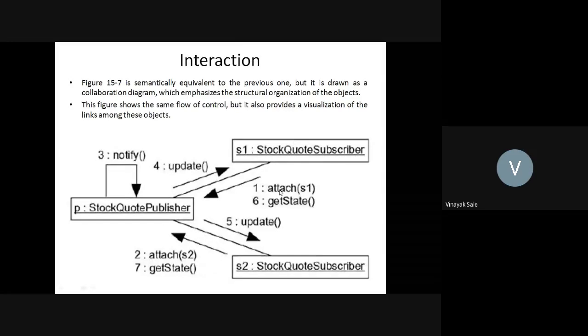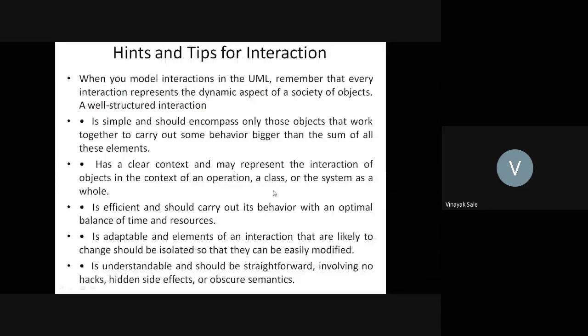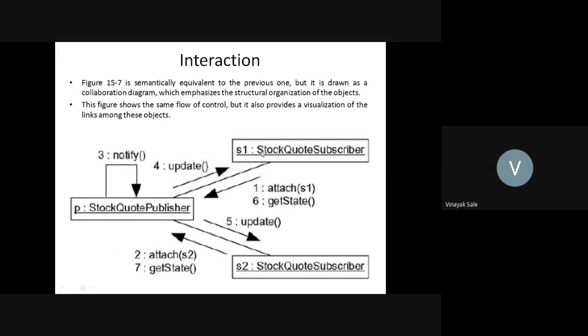So first, this sequence diagram. There are S1 and S2, two objects of class P. First, attach S1; second, a message from S2, attach S2; then third, notify itself; then fourth, update;